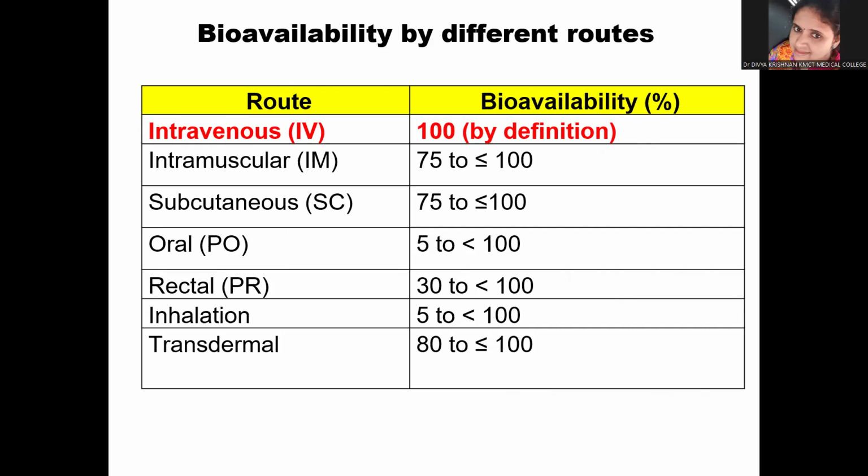But the main metabolism by which the action of the drug decreases or ends occurs in the liver, after the drug reaches the systemic circulation and is distributed in different parts of the body. The metabolism occurring before the drug reaches the systemic circulation is called first pass metabolism. The first pass metabolism always determines the bioavailability. If the first pass metabolism of a drug is high, then the bioavailability of the drug will be low. If the first pass metabolism is low, then the bioavailability will be high.